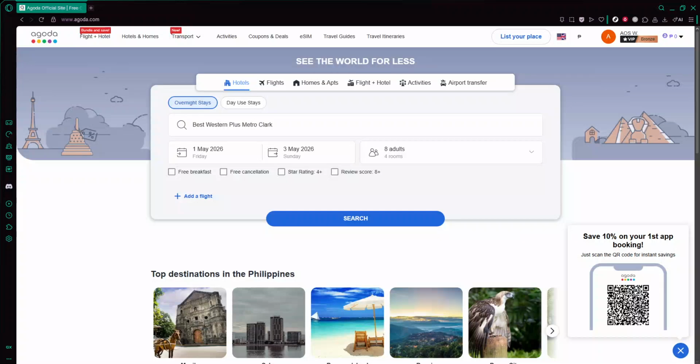In this video, I'll guide you through how to manage multiple bookings on Agoda. Whether you're planning a big trip with several stays or you just like to keep everything organized in one place, knowing how to quickly view and manage your reservations can save you a lot of time and stress. We'll go through the process step by step using the standard Agoda dashboard layout so you can easily follow along